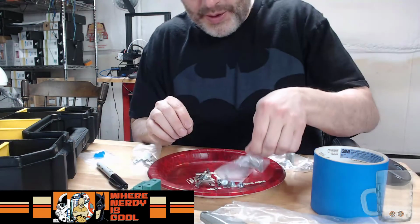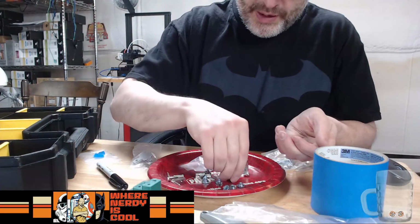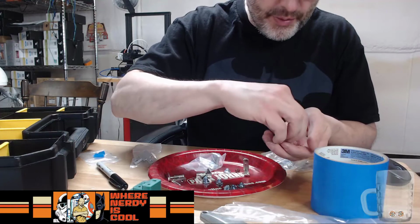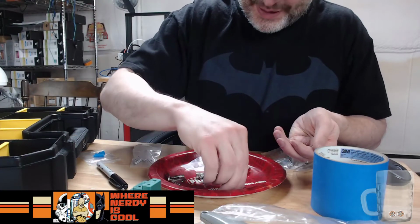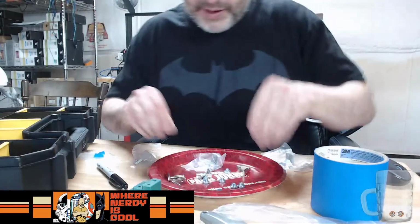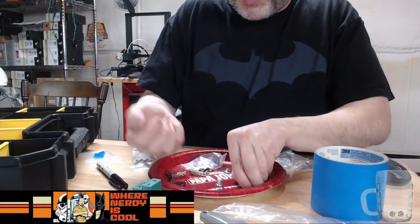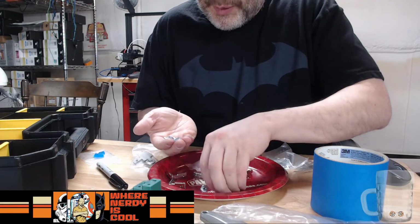The ones that were on the i3 Mega were literally, remember when you were a kid and you took apart the big pens to shoot them across the classroom? That's what those were. These look a little better. Okay, put the springs in there. Let's put the bed stuff together. So, bed leveling knobs. Again, I'm not crazy about these little knobs, but